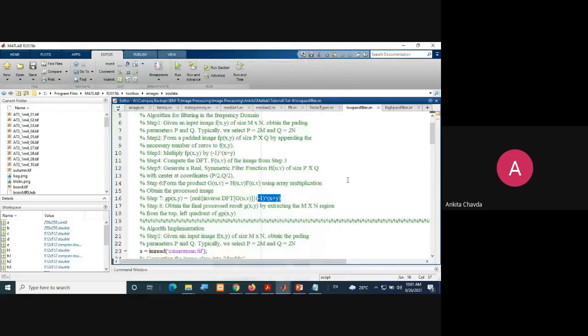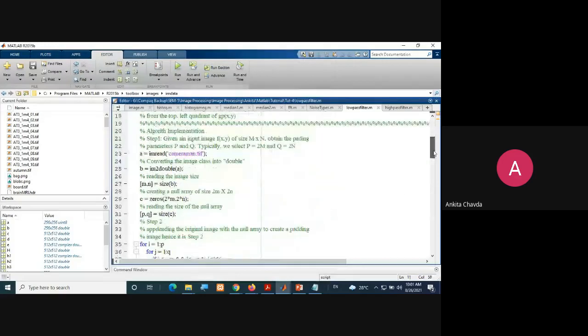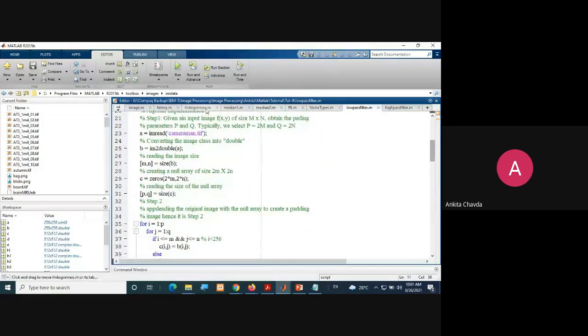Okay. So we are starting with the very first step. Read any input image, take the size in two variables M and N, then you can create the padding parameters P and Q, and you can create another image. So first A equals imread cameraman.tif. I have read one of the images.